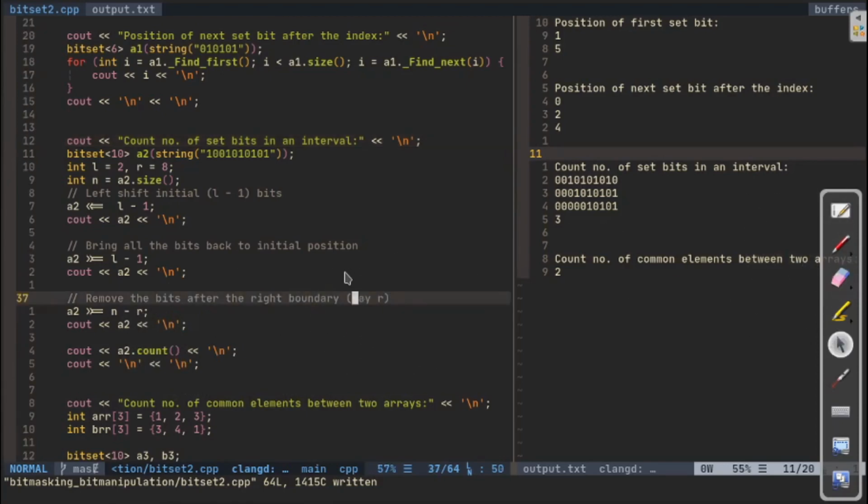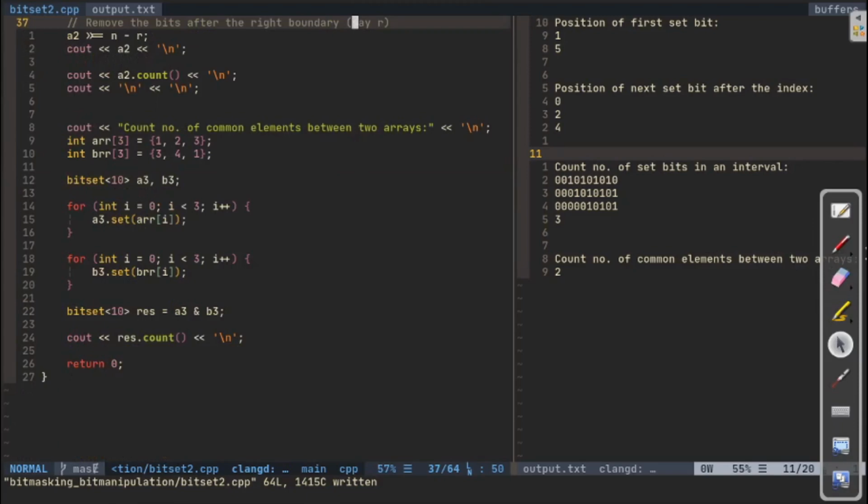Okay, so now let us look at one more problem. This is counting the number of common elements between two arrays. We can have multiple approaches here, but I'm going to show how we can do this with the help of a bit set rather than something else like a map. So what we can do is